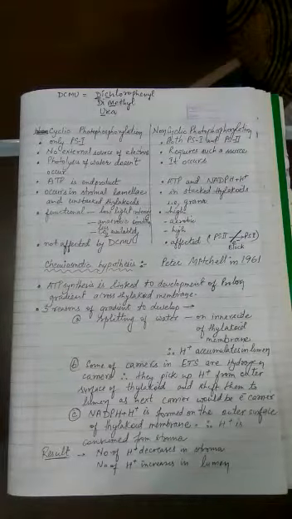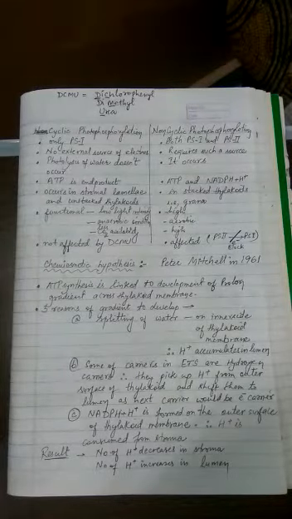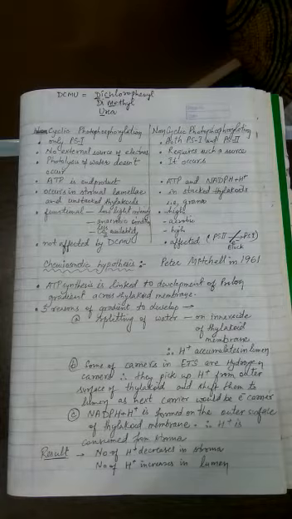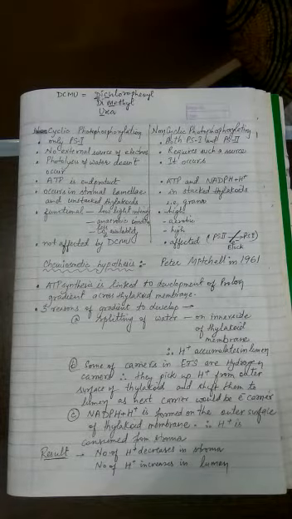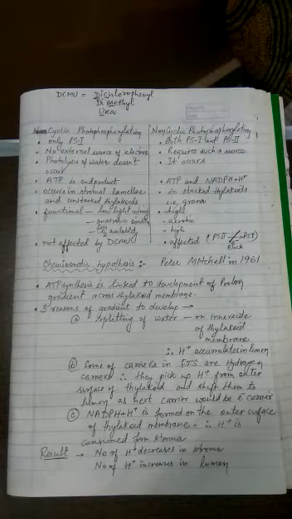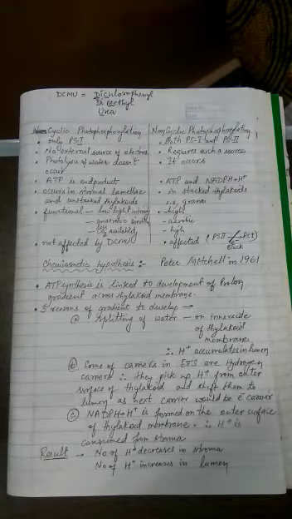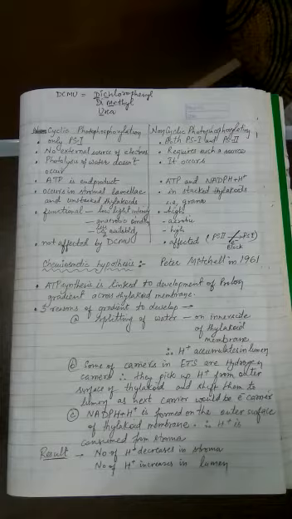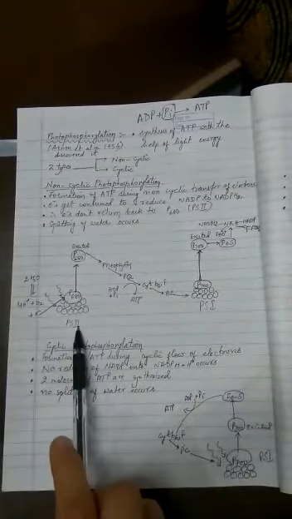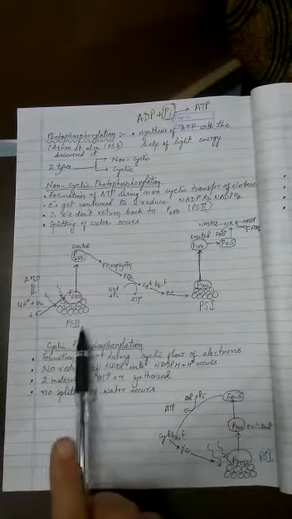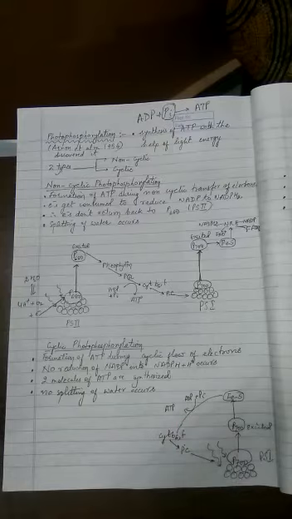So how do we distinguish the cyclic photophosphorylation from the non-cyclic one? Some of the points are very easy to understand. The cyclic photophosphorylation involves only photosystem first, but there is participation of both photosystem first as well as second in the case of the non-cyclic photophosphorylation. If you remember, we just did this. In non-cyclic we have both systems involved, and in this we have only one system involved.